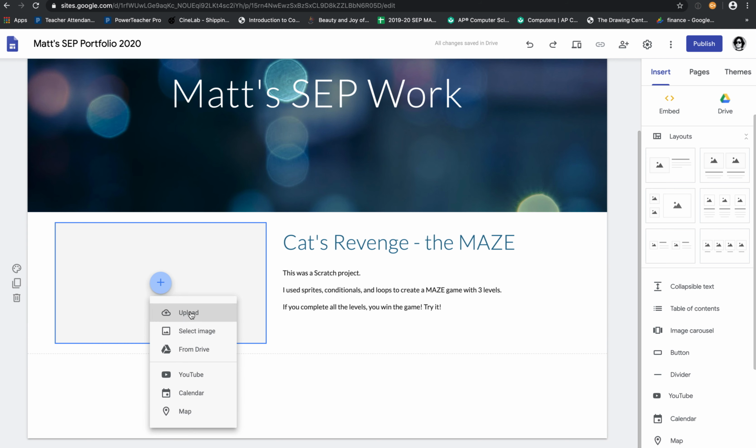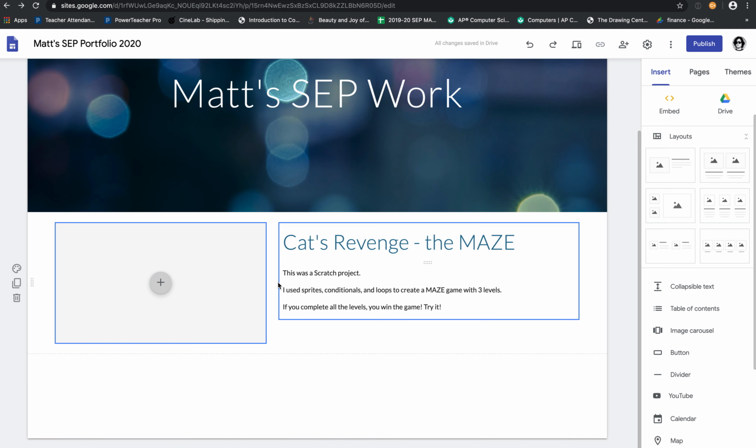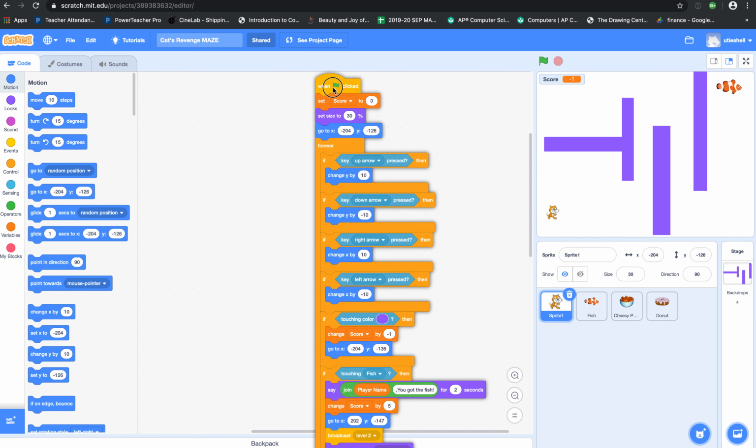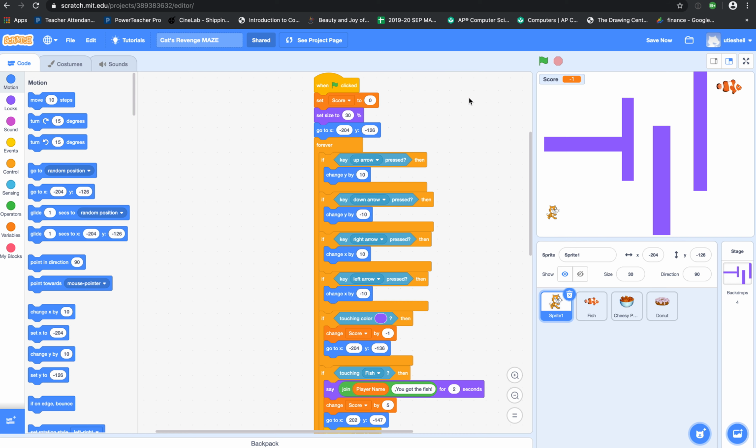Now I want to add an image of the game here, so I can click and we can go select image, upload from drive. You got some options here. So I'm gonna come over to Cat's Revenge, and let's say I wanna give you an image of like the code in the game. I would take a screenshot,